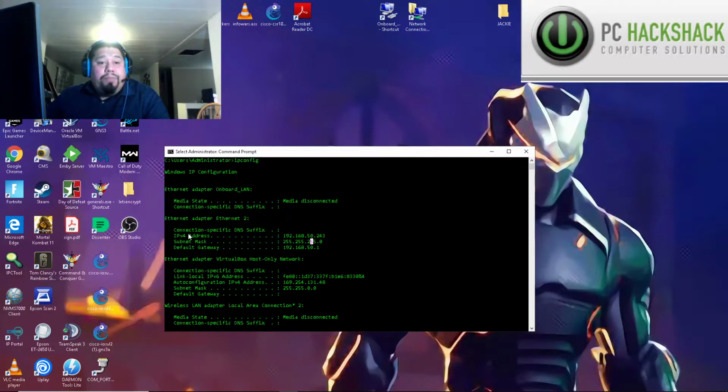Here's my connection specific DNS settings. I have none entered in there. The IP address, this says IPv4 because there's such a thing as IPv6 as well. So as of right now, this is the only thing configured on this adapter. So IPv4 is my IP address would be 192.168.50.243, and my subnet mask as well would be